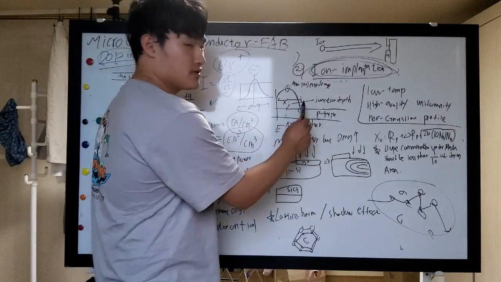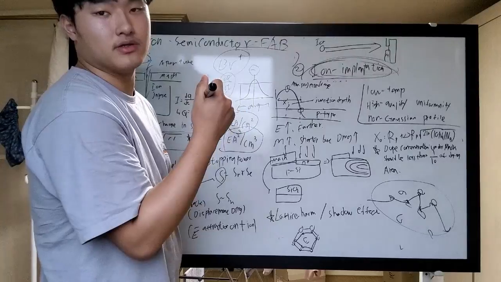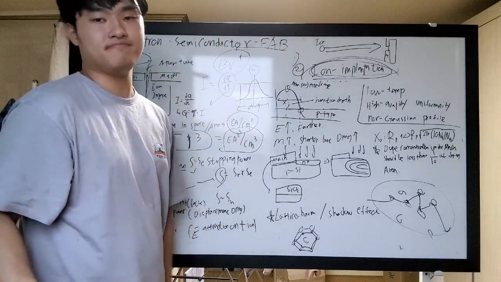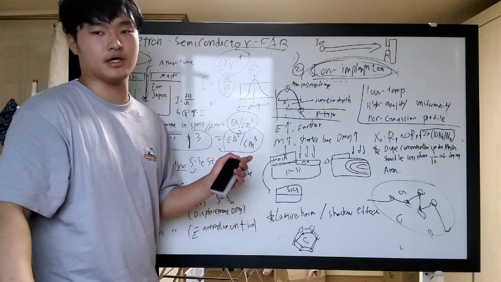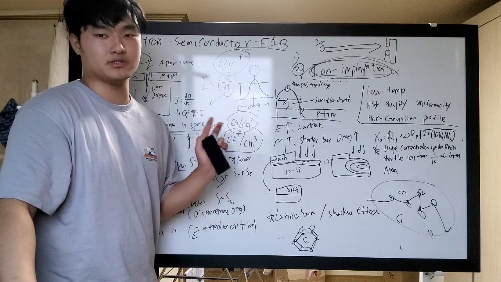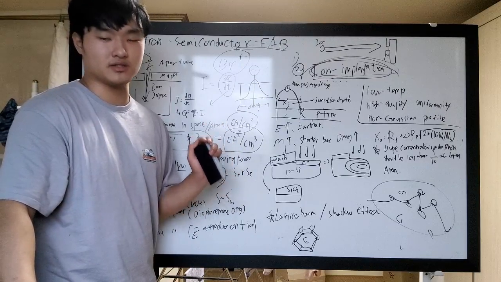Of course, some of them will pass the interface between the silicon and the dopant area junction, and will be injected into the